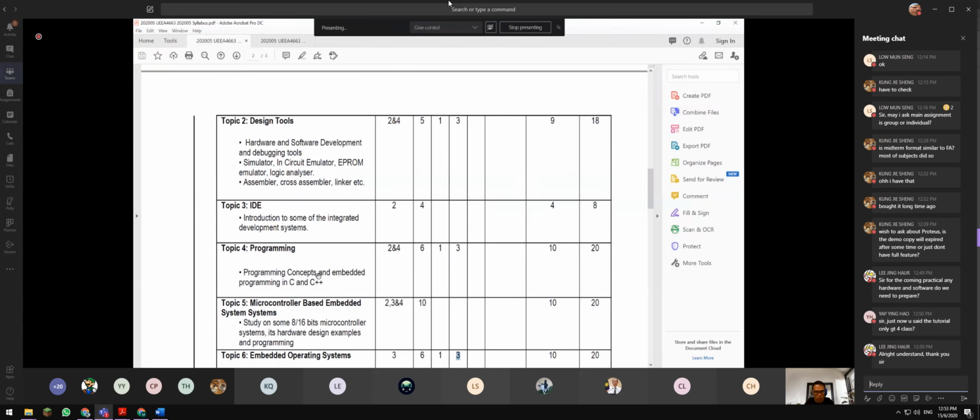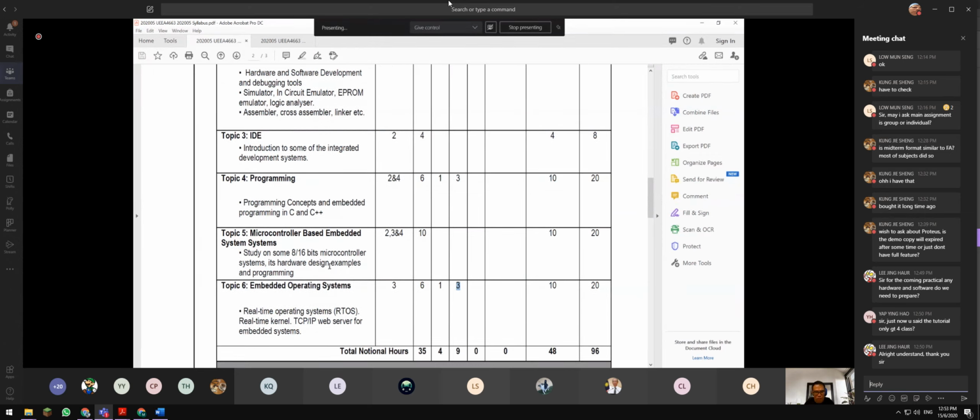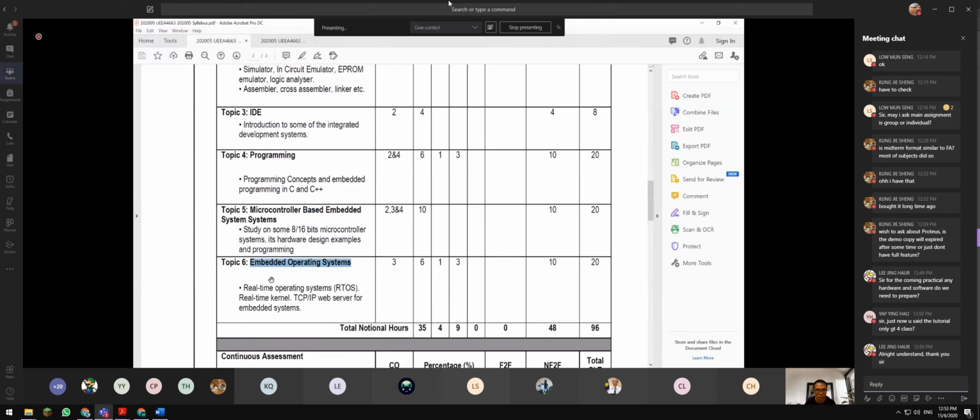Okay, we have C or C++ programming concepts, and it studies 8-bit, 16-bit. Now I've got 32 bits already. I put an additional thing for you. And just imagine, embedded operating system, TCP/IP, web server, IoT, all in these 6 hours. I don't think I can finish in 6 hours. I need more than that. Probably it takes one semester just for operating system, for your information. Those days when I was in FICT, embedded operating system was one subject by itself. I was teaching Linux based. So it's not possible.